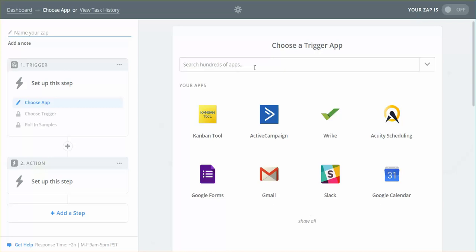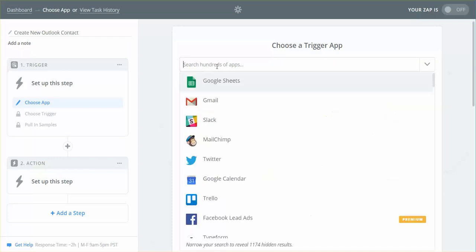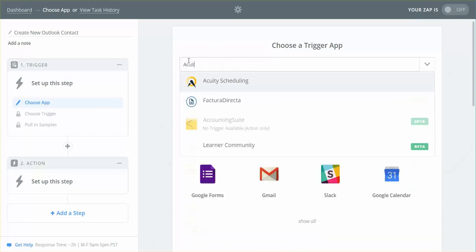So the Zap I'm going to make for you today is using my Acuity scheduling account, and it's going to create an Outlook contact from the data that comes in on Acuity. So I'm going to say up here in the top where it says name your Zap, I'm going to call this create new Outlook contact. And then I need to choose a trigger app. So right here is where I'm going to choose from any of hundreds of things. So I'm going to pick Acuity